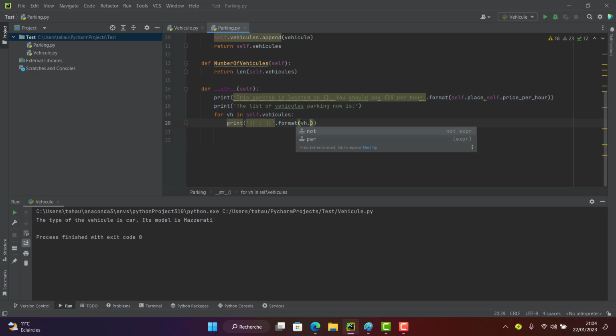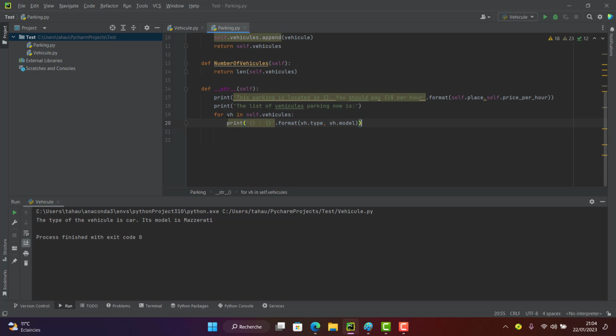It's VH dot what? So it's vehicle inside, so VH dot type, okay, and here VH dot model, okay. So we have added some vehicles inside self vehicles, which is the list of vehicles inside